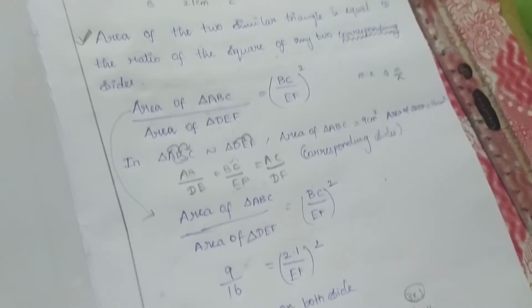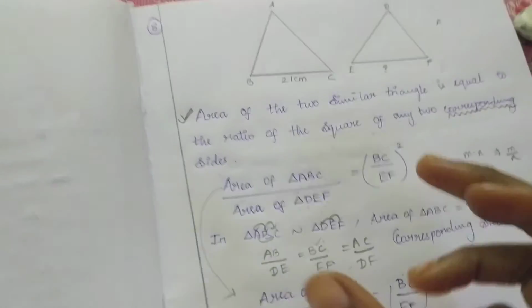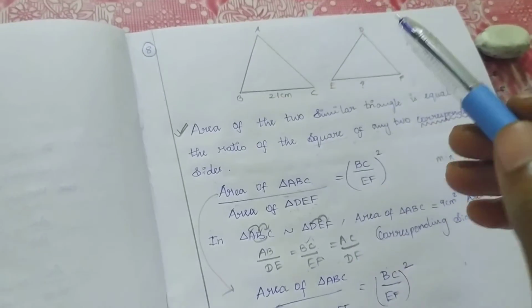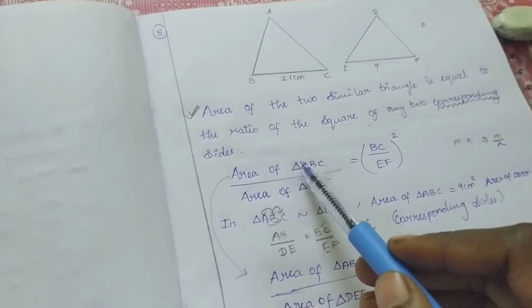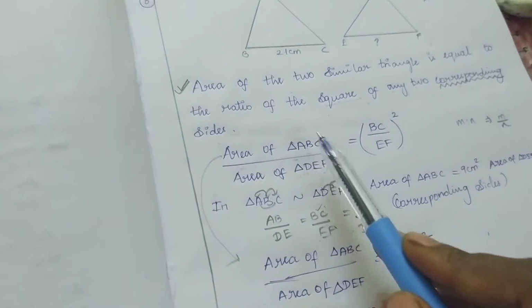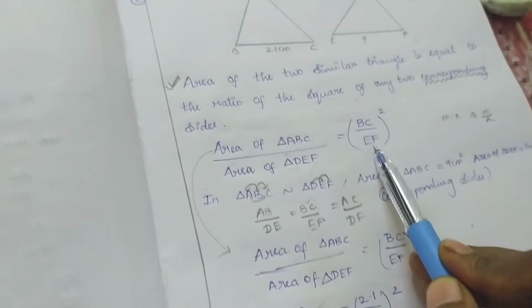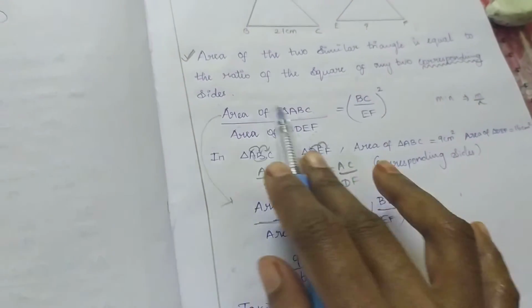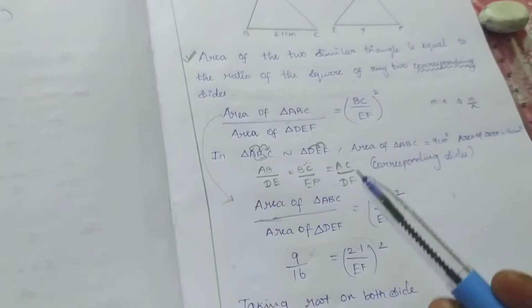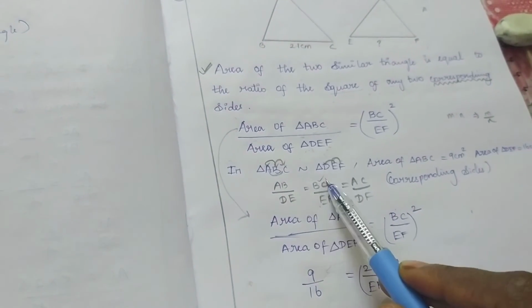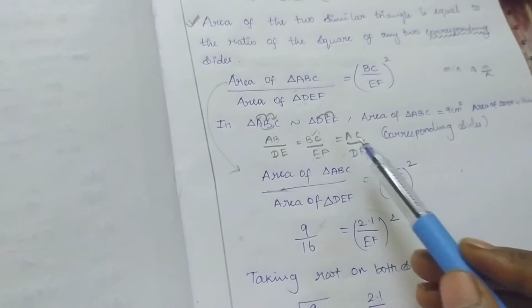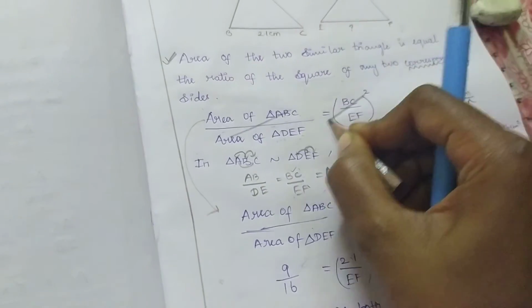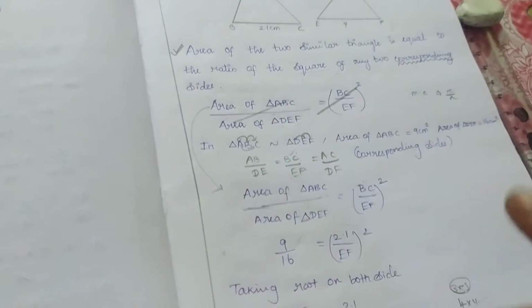Okay. Why are we using this property? This is one of the notes. If two triangles are similar, you can write the ratio of their areas, and square the corresponding sides. So that's what they mention: I write it in ratio order and square my corresponding sides. For my convenience, I am taking this as my corresponding side because I need EF. So in this place is enough. Okay, so I can write.